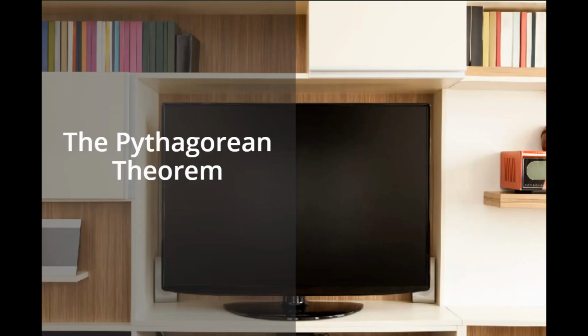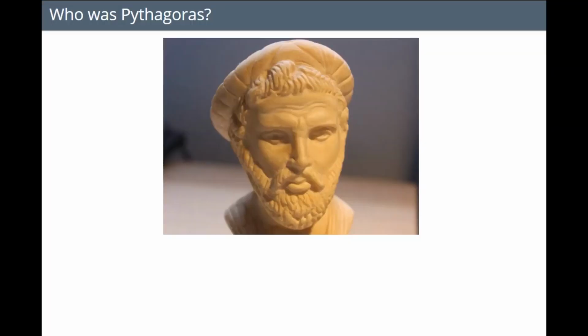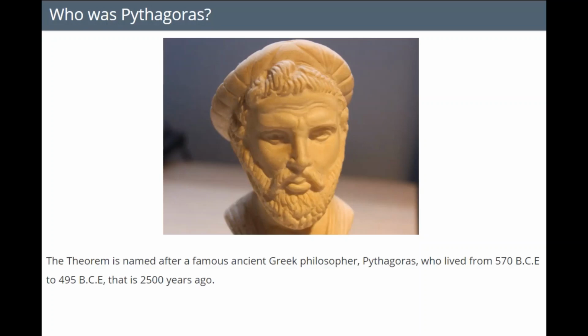In mathematics, there are thousands and thousands of theorems, but the one theorem that anyone who's been to school knows is the Pythagorean theorem, and that's the theorem that expresses the relationship between the sides of a right triangle. The theorem is named after a famous ancient Greek philosopher, Pythagoras, who lived from 570 BCE to 495 BCE, and